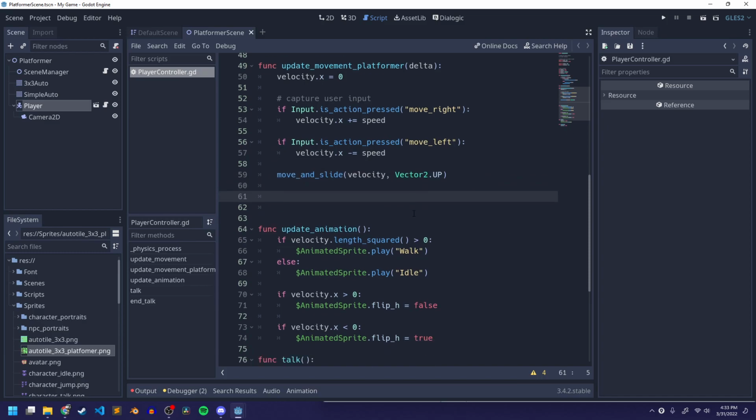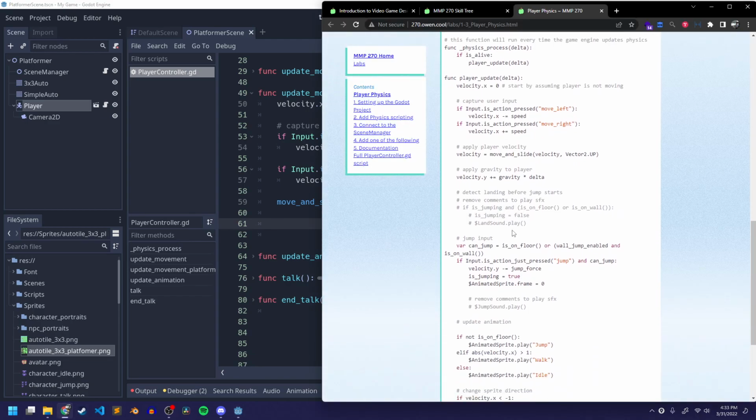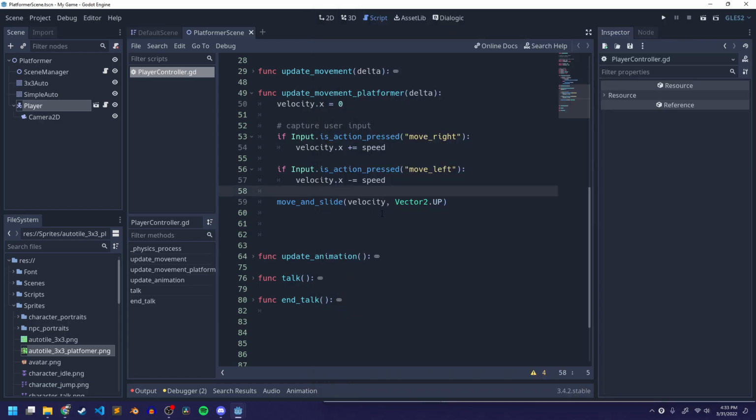And then we're going to detect a button press for jumping. So that uses the same basic function. There's a bunch of stuff in here. I might ignore this part for today. We'll see. But the main thing we want to do here is if we hit the jump button, then we want to apply the jump force. So this happens after our move and slide. We say if